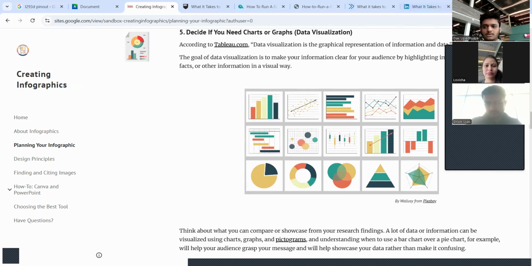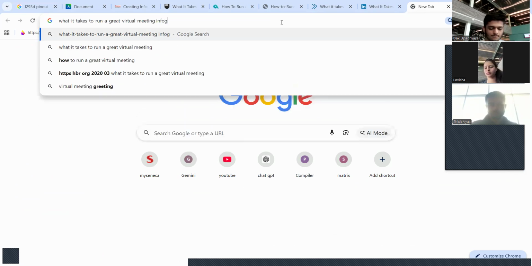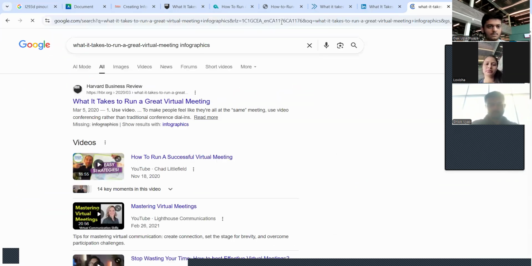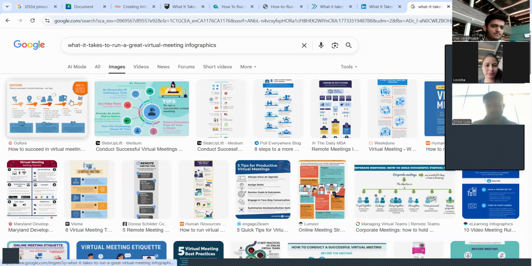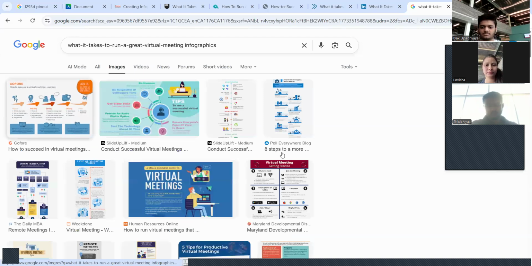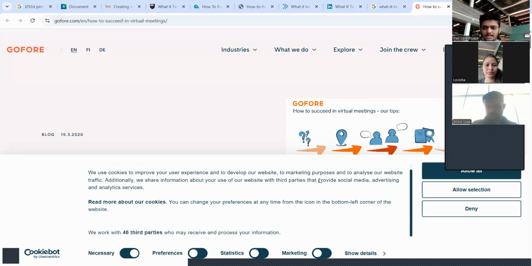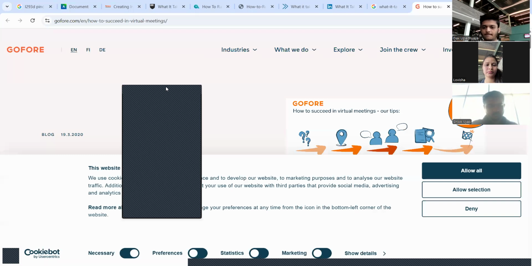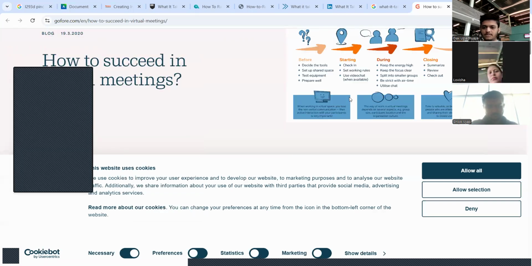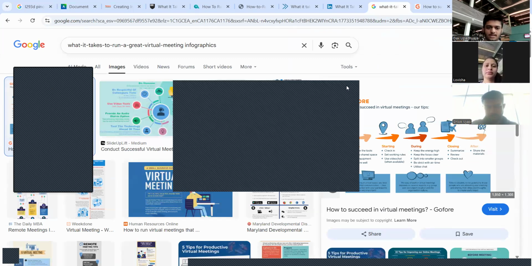Currently, I was also researching it online, as you can see. We are not exactly copying anything, but these are the things which we can take a look at, and we can decide how we can make it. This is an infographic, something like that. There are lots of sources online. We can use anything.